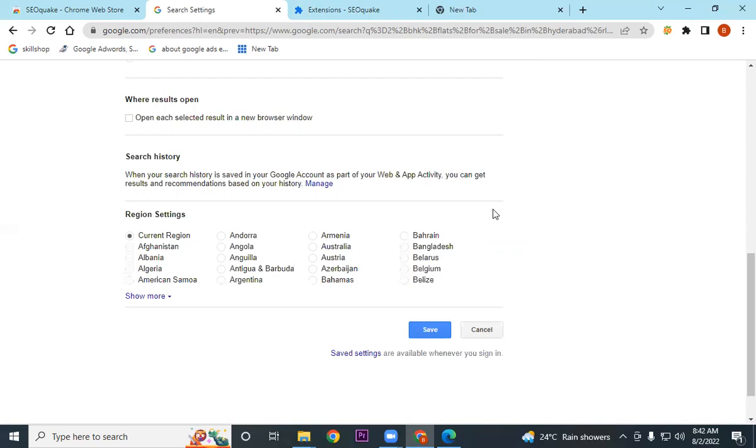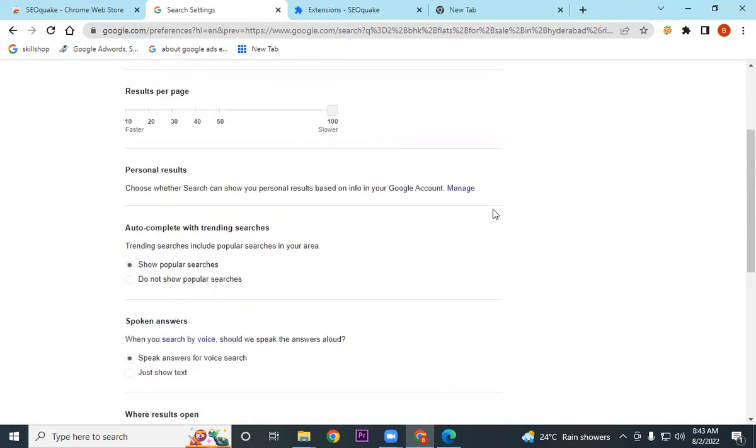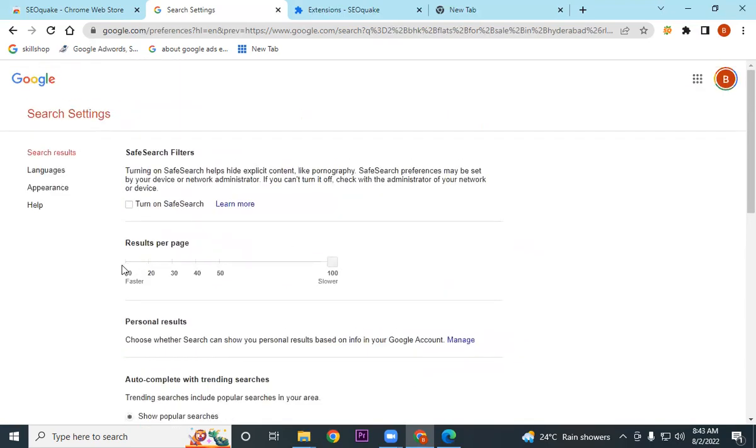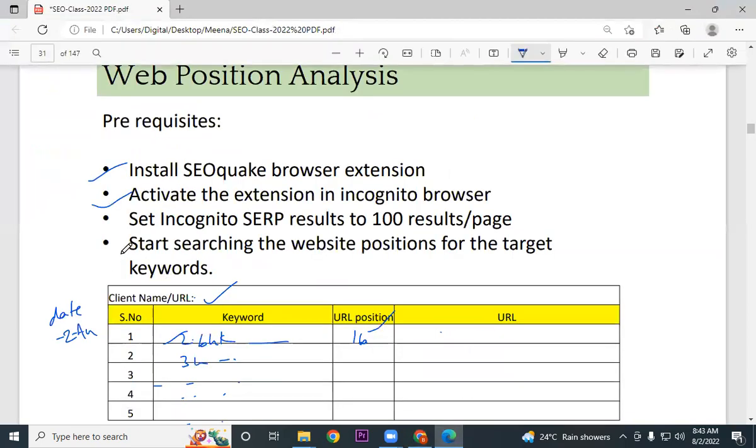And if I do a Control F, which is nothing but find, I can find out where my client's website is. So 100 results will be there on the first page itself. Even if the client is on some 12th page or 13th page, I can find him in the next pages easily. So we will just change the settings by dragging the results per page, which is by default 10, to 100, and save the extension. So set incognito SERP results to 100 results per page and start searching the keyword position, the website position for